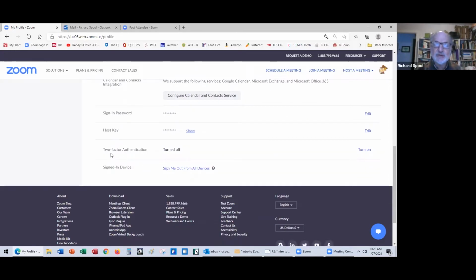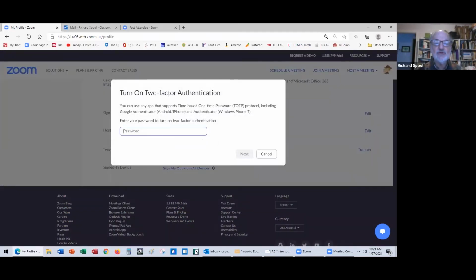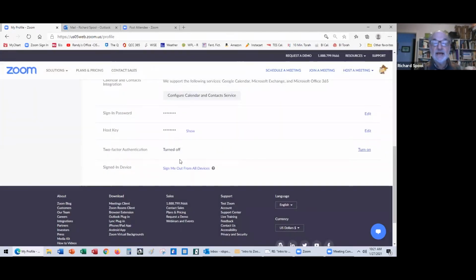I think I talked about the two-factor authentication process. One factor is you simply log in with a password. But in case you're concerned that someone else might have that password, you can turn this on. You have to do this yourself. You have to use the current password to turn this on. I'm not going to go through this process, but in a two-factor